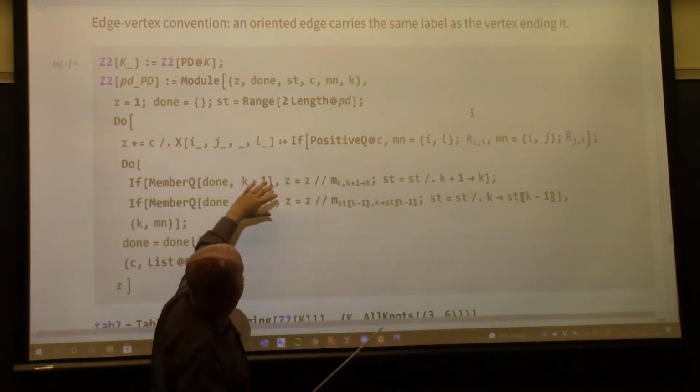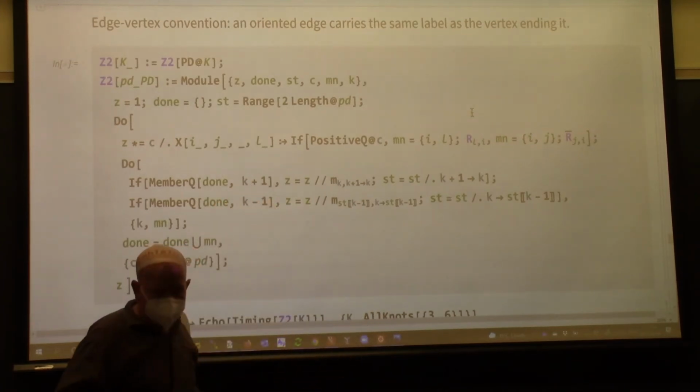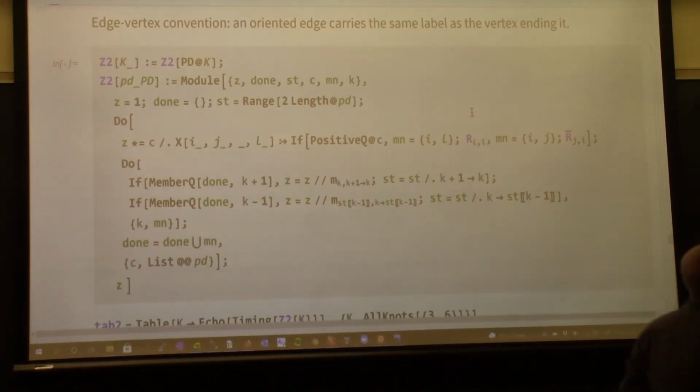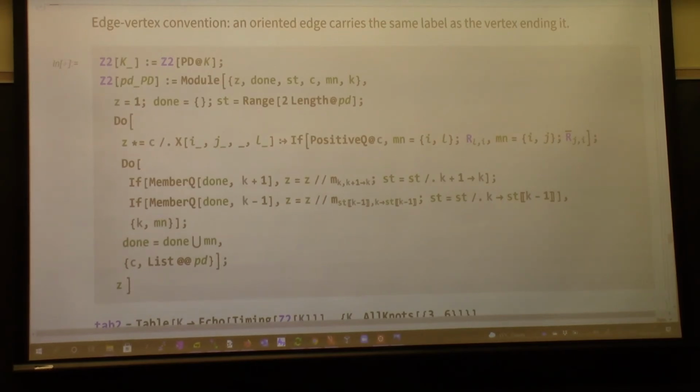Okay, so this is a bit tricky to figure out exactly what's happening here, but the point is, you add the first crossing. When you add the second crossing, if its index 2 is adjacent to an index 1, which is already in the done list, then you multiply 1 and 2, and then you save tensor factors. So let's execute this,